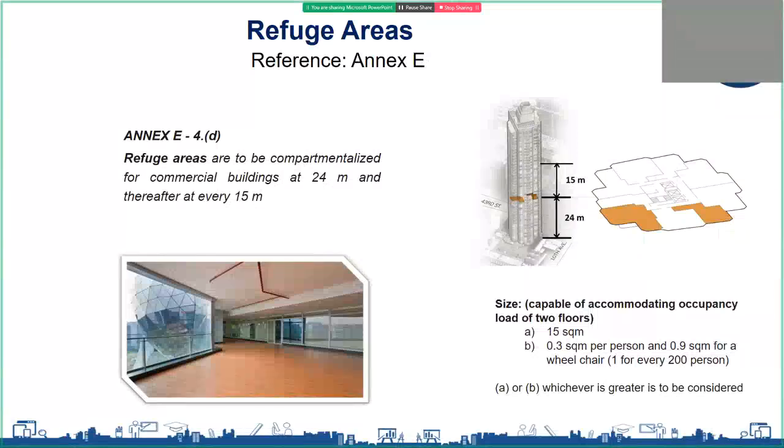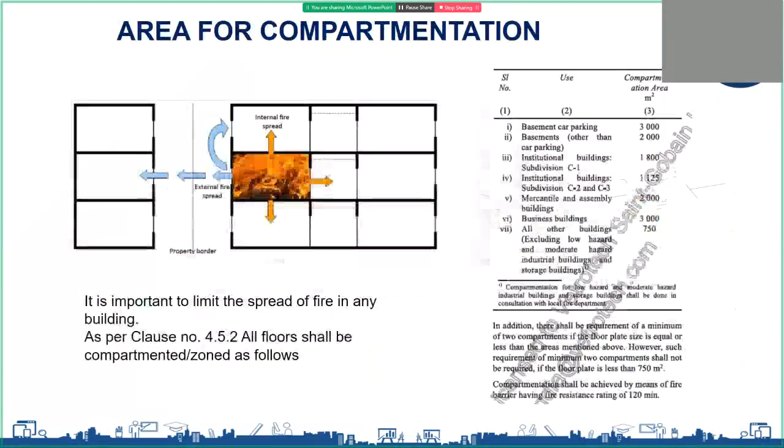Also for commercial buildings which have very high floor area, as per the National Building Code of India, for sprinkled buildings, business buildings, if the floor area exceeds 3000 square meters, then fire rated compartmentation shall be given. This is to make sure that whenever there is a fire in a particular compartment, it is not spreading to the adjacent compartment